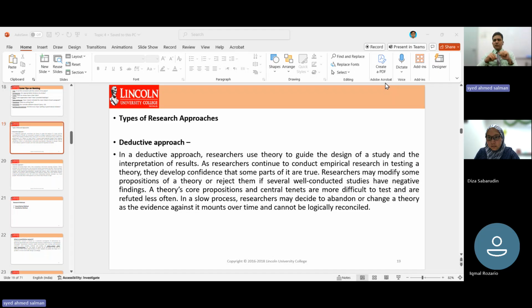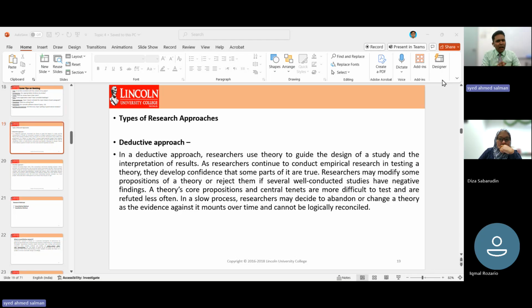Types of research approaches. There are two types of research approaches, deductive approach and inductive approach. What is deductive approach? What is inductive approach? We will be learning in detail in today's class. In a deductive approach, researchers use theory to guide the design of a study and the interpretation